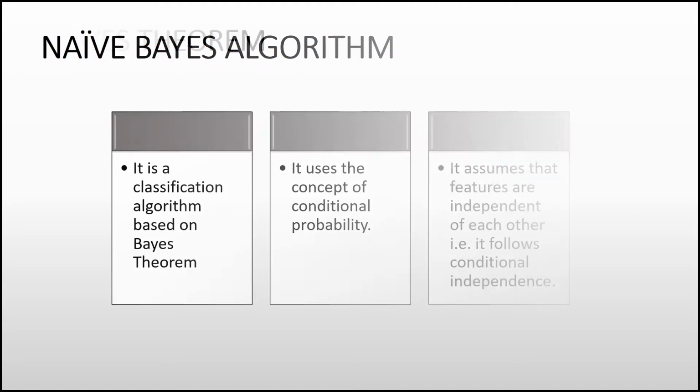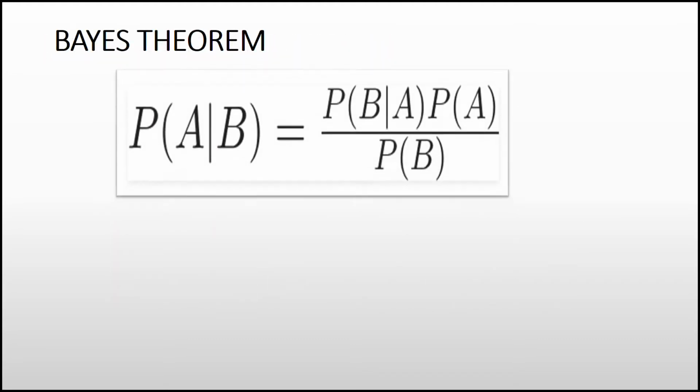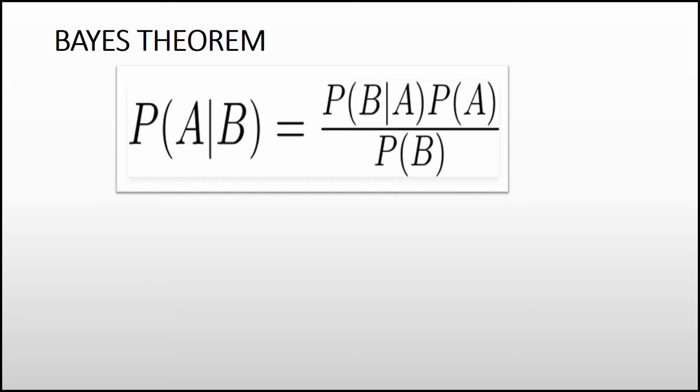Next we will see about Bayes theorem. This is the formula of Bayes theorem, that is, P of A given B equals P of B given A times P of A, divided by P of B. Okay, we don't understand anything from this, right? I will tell you in detail that A is the class that we need to predict and B is the features or predictors that we consider to predict the class,